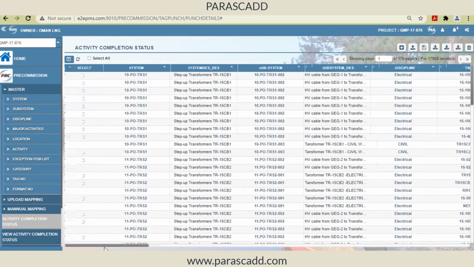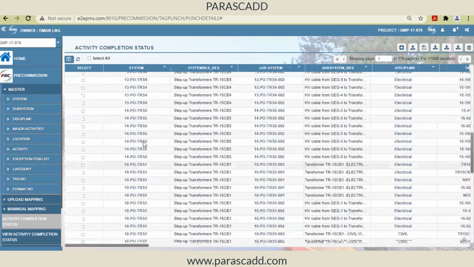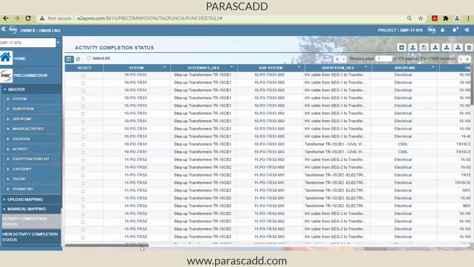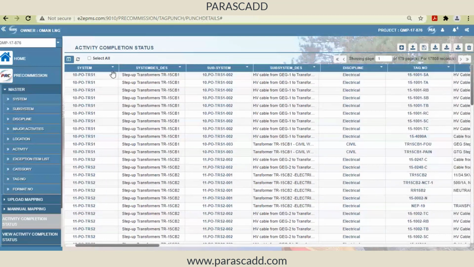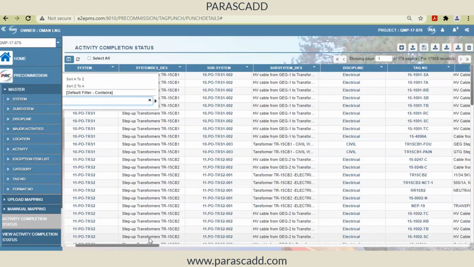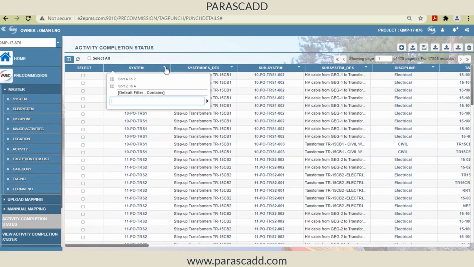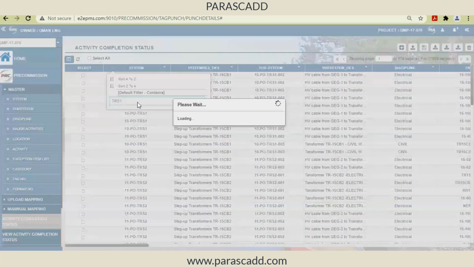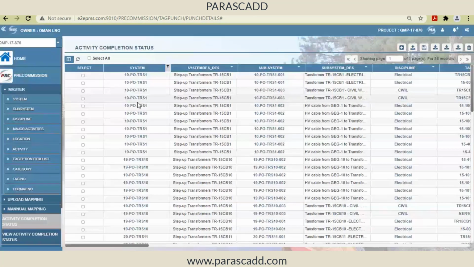So now this is my control sheet, where I can see how many systems there are, the description of each system, and within one system how many subsystems there are. For example, I'll select the system. Within one system I may have multiple subsystems.